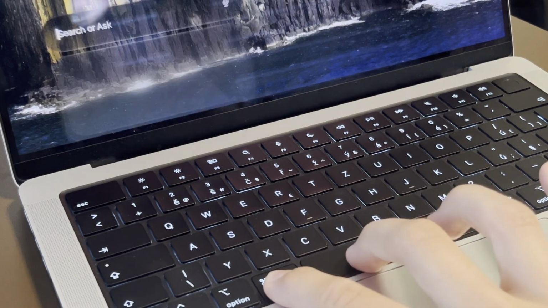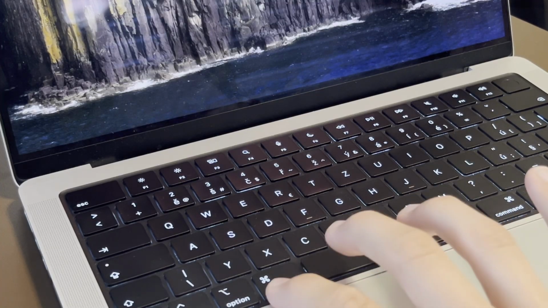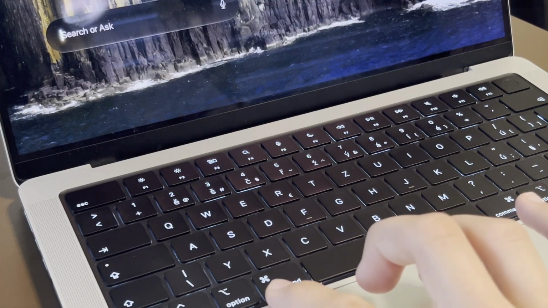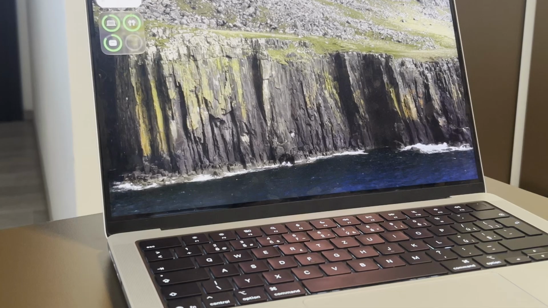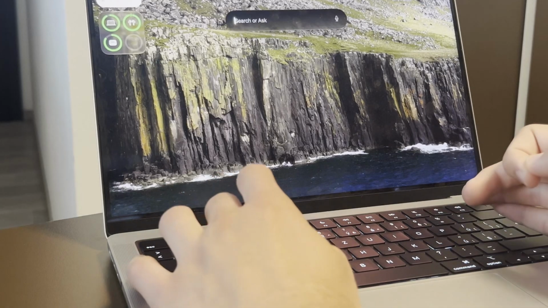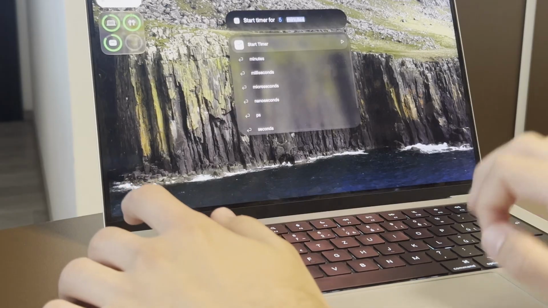It is Command spacebar. What do you do while typing? You press keys on the keyboard. Okay, but what key are you always pressing? It's the spacebar. I think that's awesome. Like, who thought about that? That's incredible. And I can just press Command spacebar, type "st" for set timer,